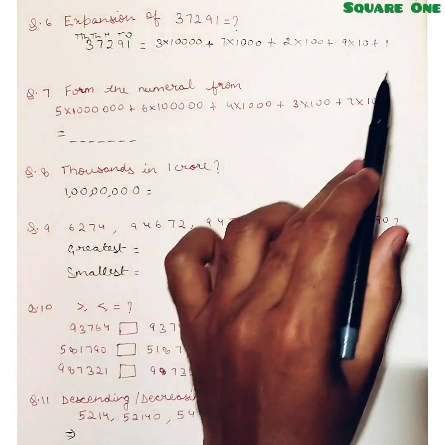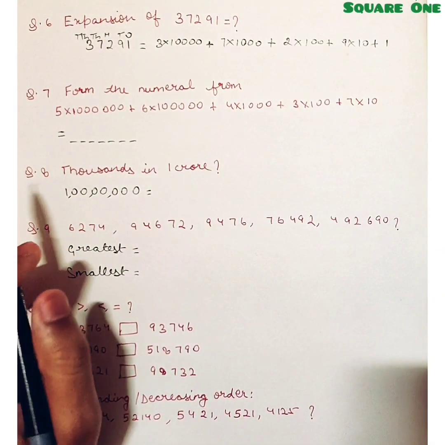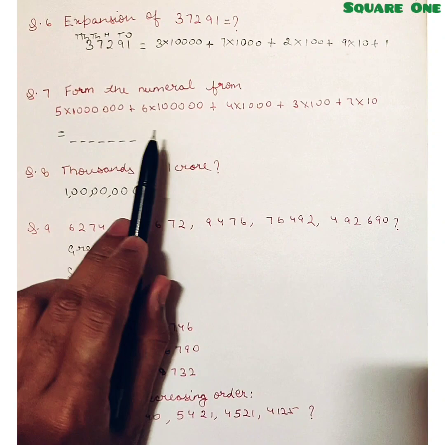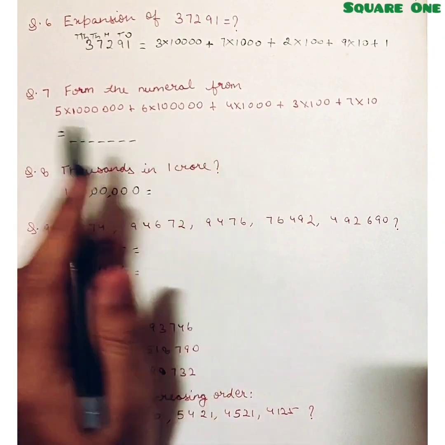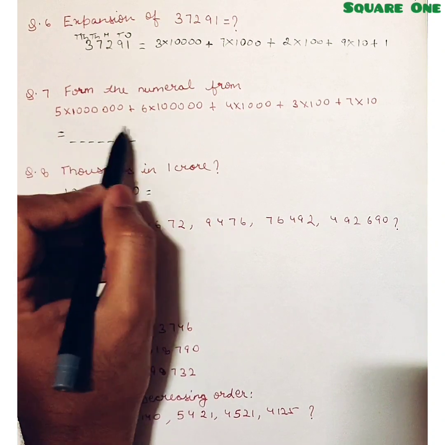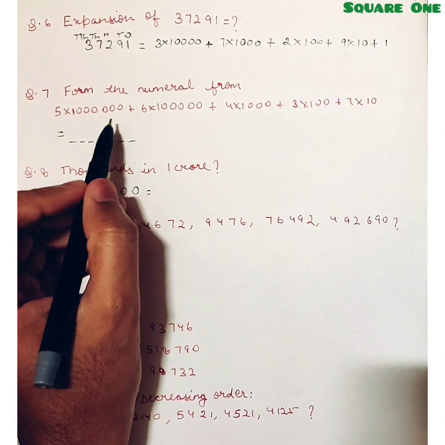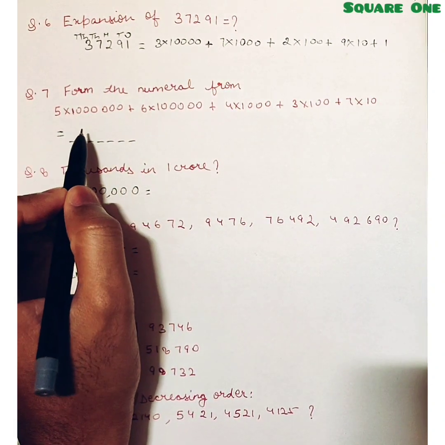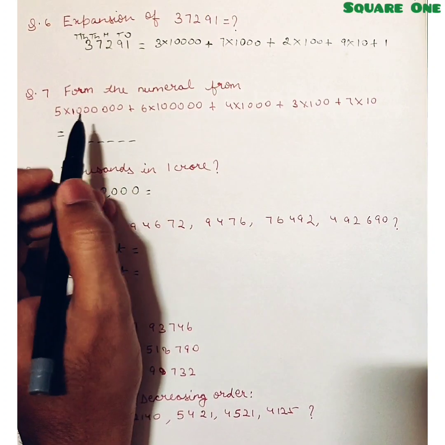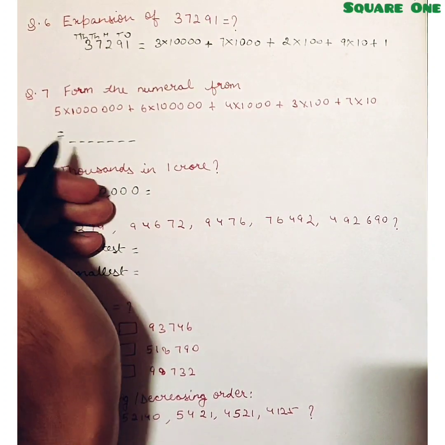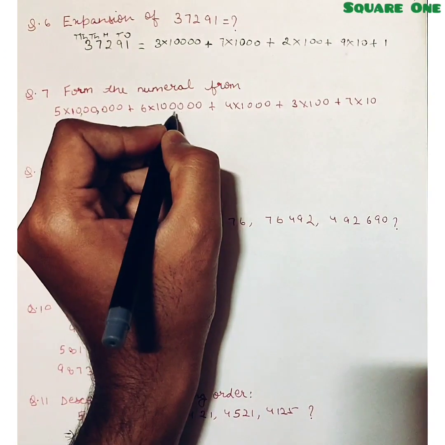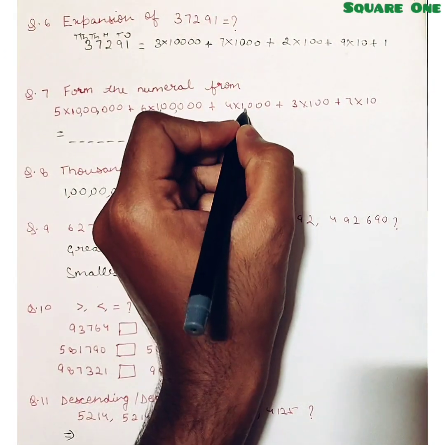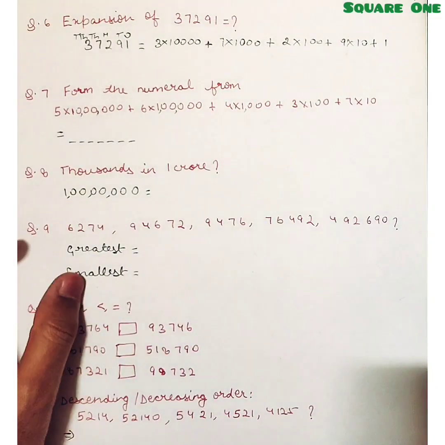That is the expansion. Now in the next question, I gave this expansion and I asked you to write the numeral or form the numeral from this expansion. Let us see the biggest term. The biggest term contains 7 digits. To make it easier, let me put commas in these terms. It will make it easier for me to read them.